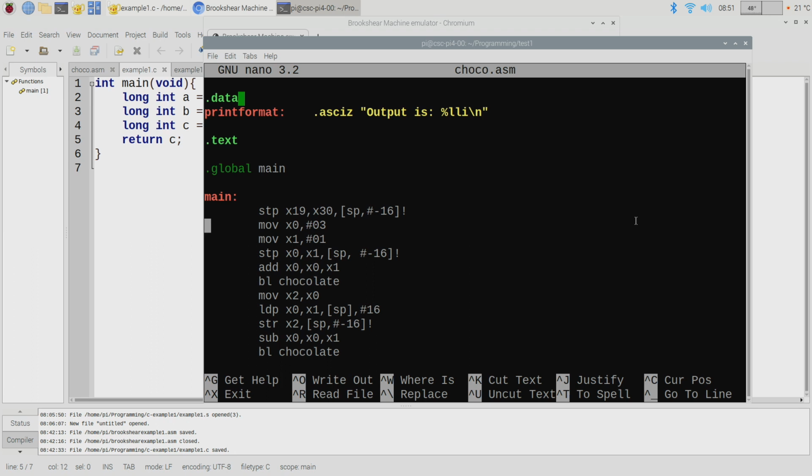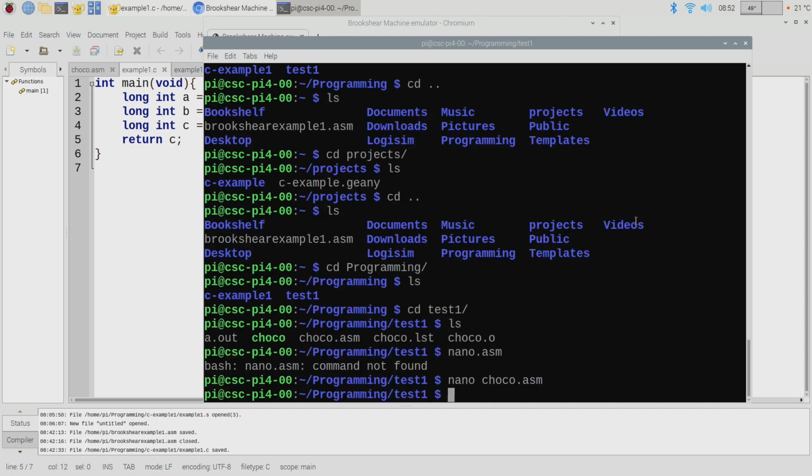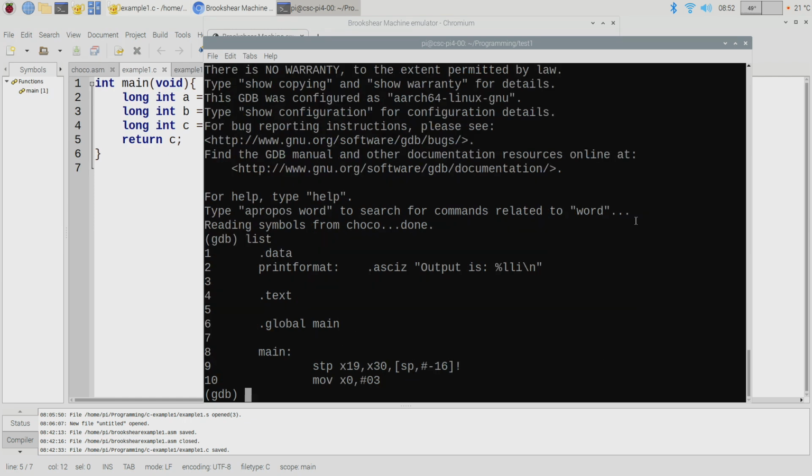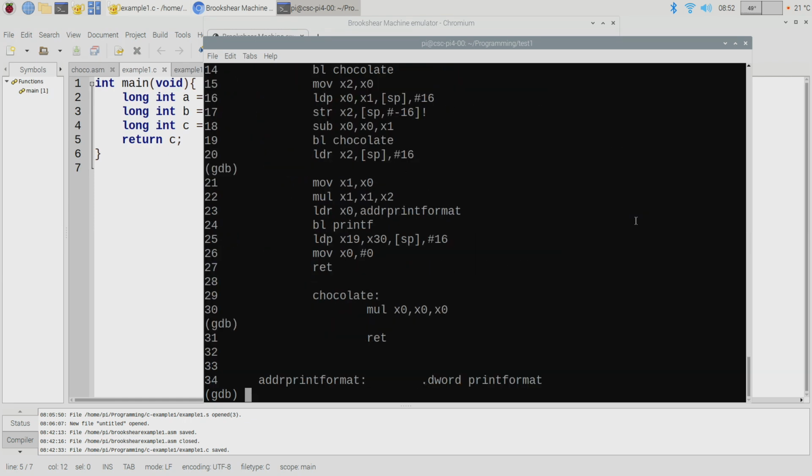Okay, so for our purposes, who cares what exactly all these commands are doing right this instant? But how do I step through the execution? All right, so let me quit this. And then I've already run these instructions that I just said to do. Okay, so then what I would want to do is I called this one Choco for chocolate. And if I hit list, it's going to start listing out my source assembly.